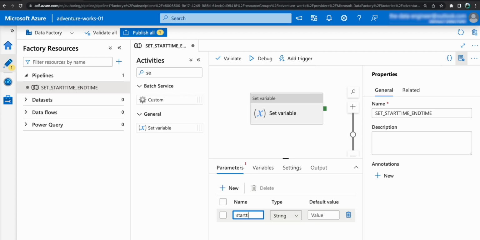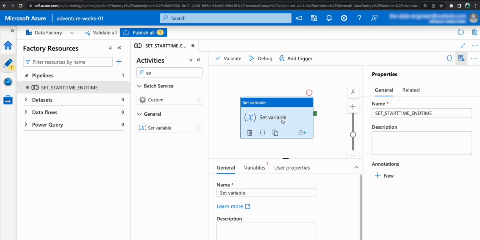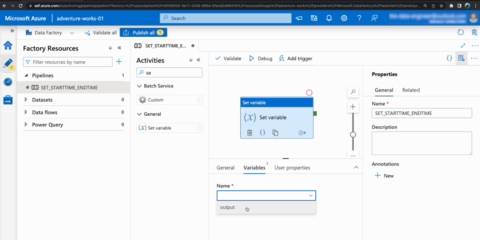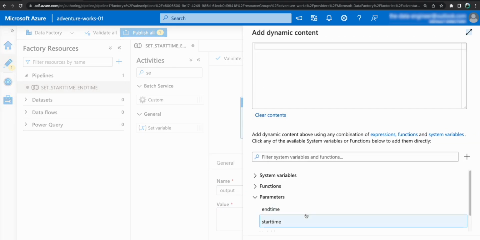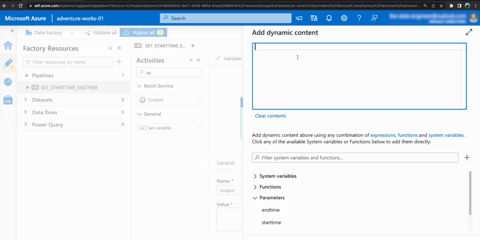Let's call them start time and end time, because this is what will be passed through the trigger. And then let's also create a variable and call it output so that we can refer to it in the set variable activity. Let's refer to this output over here, and in the value section, let's click on add dynamic content and